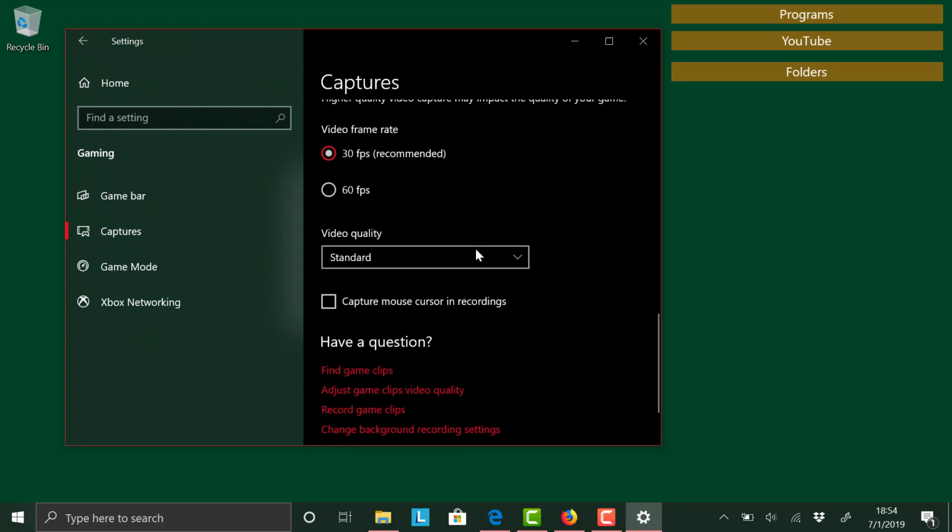I would suggest you leave that at 30 FPS as well, especially if you're going to edit video, and I'll explain in a minute why you would want to edit this video. Video quality would be standard or high,